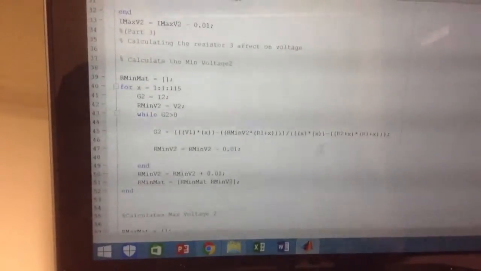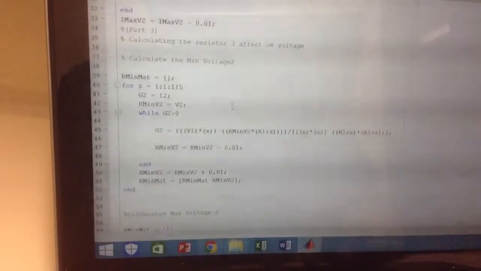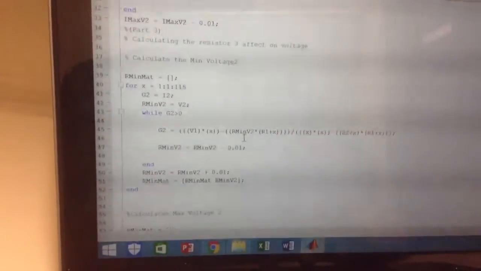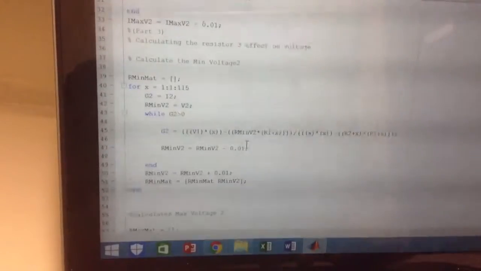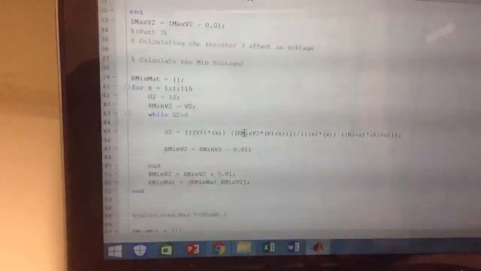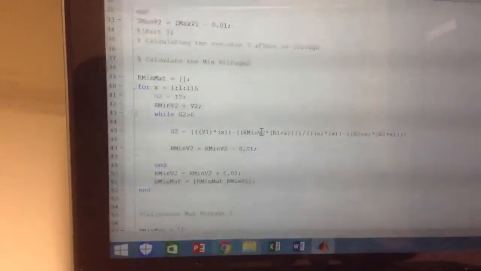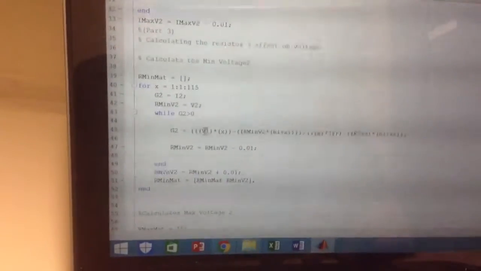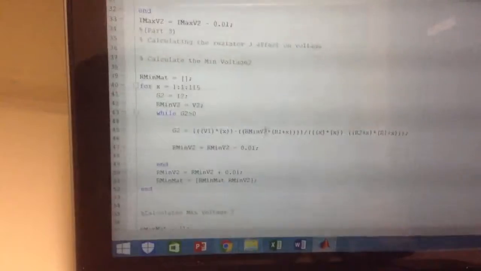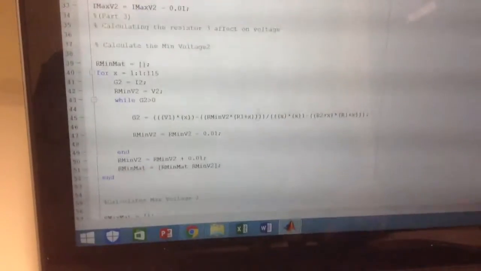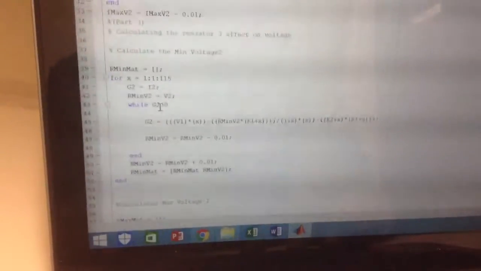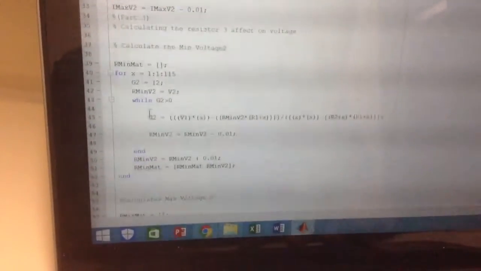But when the function keeps going, the x will increase. X is going to increase, but R2, the voltage is going to begin to decrease. When the voltage decreases really small, so that V1 times x is greater than voltage 2 times R1 plus x, at this moment, this minus this will become a positive number. When it becomes a positive number, this minus this is always negative. No doubt, what's going to happen to this part? Oh, so this part is positive, this part is negative. The whole thing will become negative. That means I2 is negative. When the I2 becomes a negative number, the whole programming for the while loop